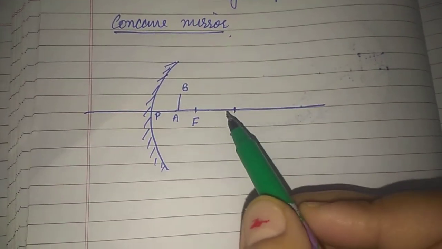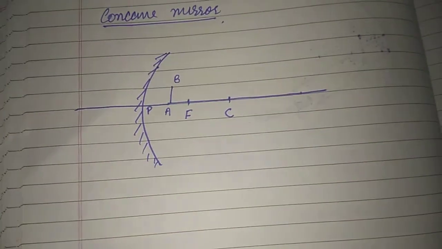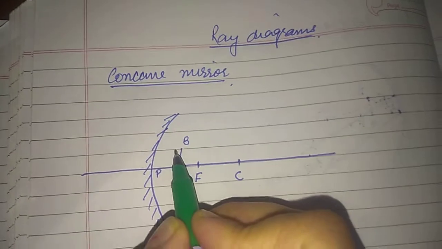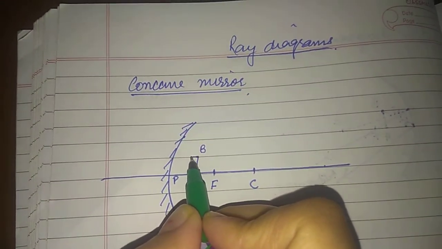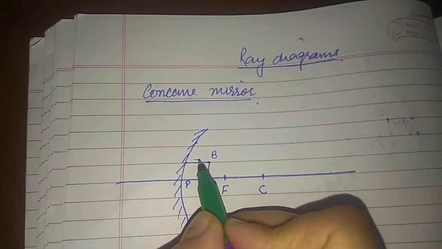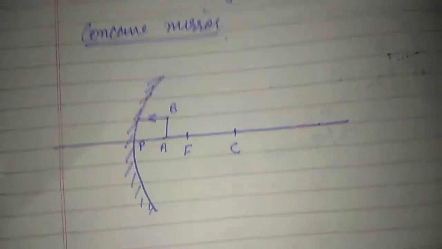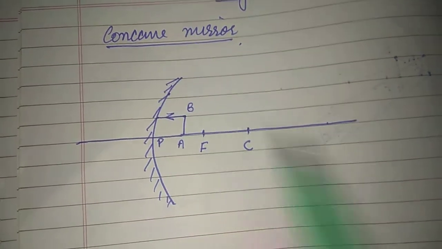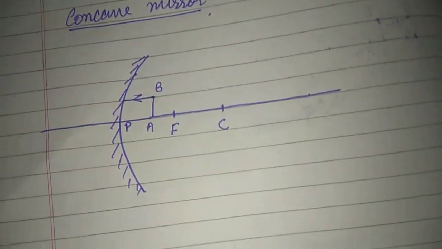Here I am going to follow the law of reflection. So automatically we will derive the laws for making the ray diagrams. One very convenient ray for me is the ray which is parallel to the principal axis. This ray from point B is going to be incident on the mirror. Here you might have learned that it will pass through the focus. That is the law which is made after following the law of reflection.